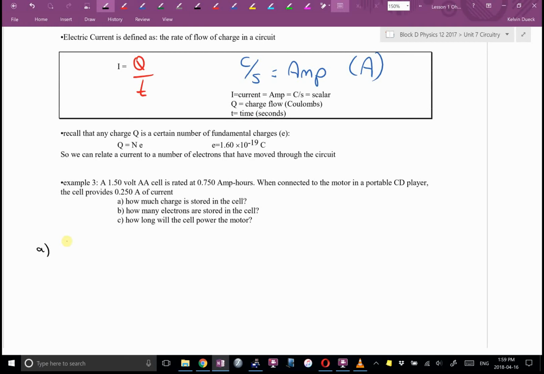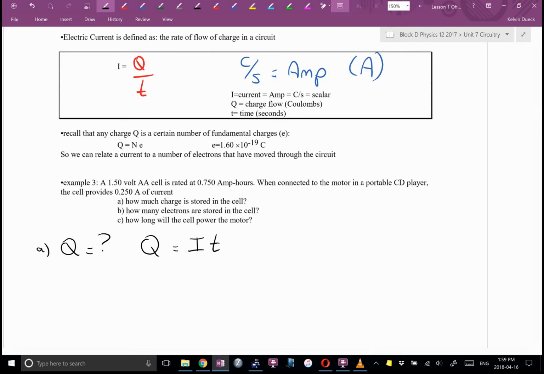It's asking me to find... what equation have we just written down that has Q in it? How would I get current? How would I get Q by itself? Q equals I times T. So if I happen to know a current times a time, that will tell me how many